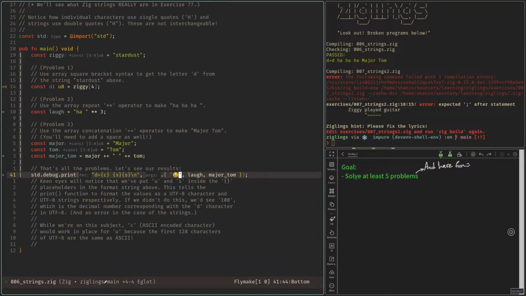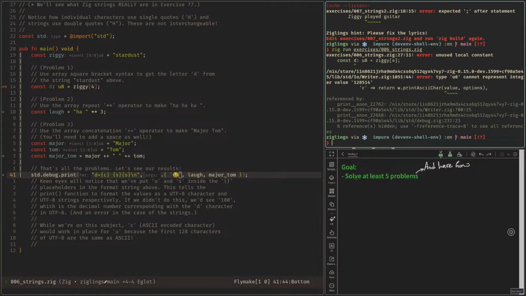Actually, this is running the wrong problem. So let's run exercises. Yeah, u8 cannot represent the integer. That's fine, but if I do u here,